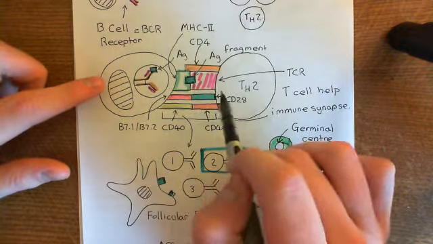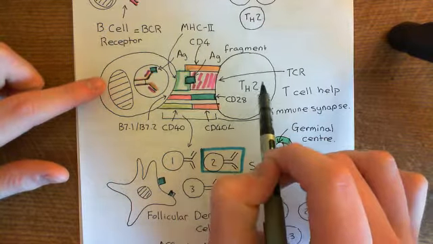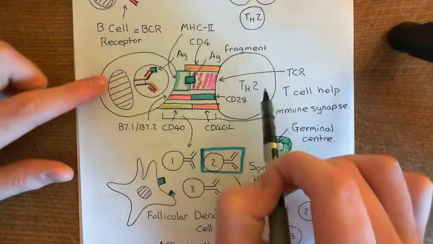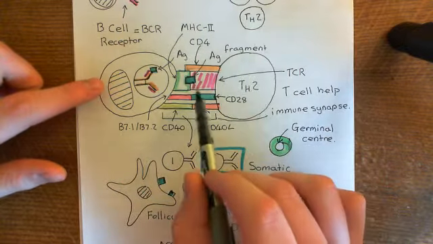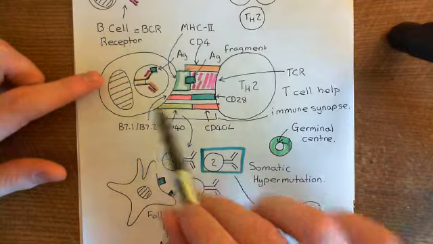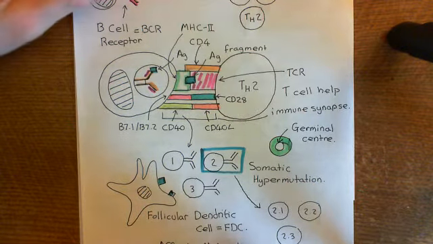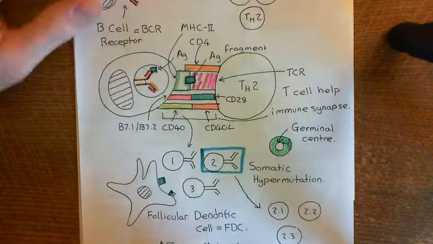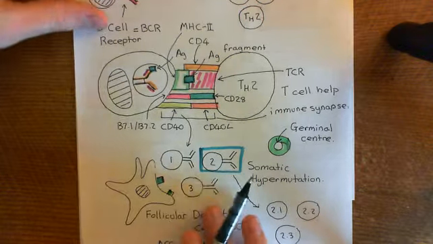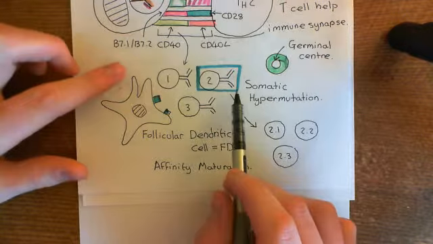So that's one problem. But also, even if it does somehow, by some miracle, manage to find this one T helper 2 cell with the complementary T cell receptor, it won't actually be able to divide and produce this whole population of B cells which have their B cell receptor based on its B cell receptor. Okay, so again, you're not going to get somatic hypermutation, well, you're not going to get proliferation occurring, and therefore